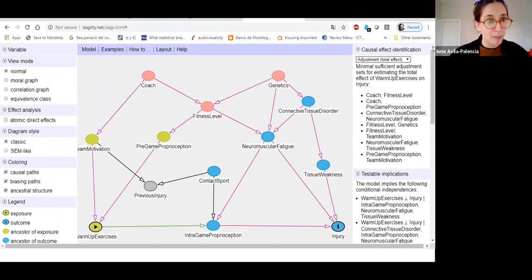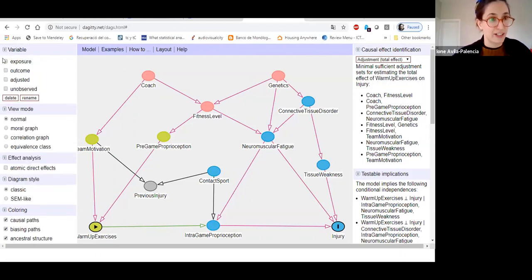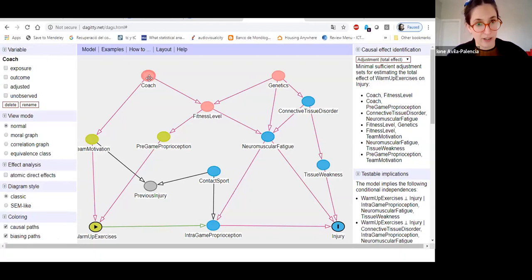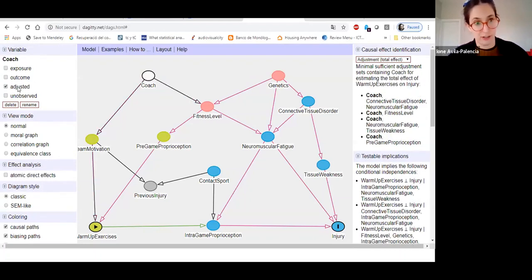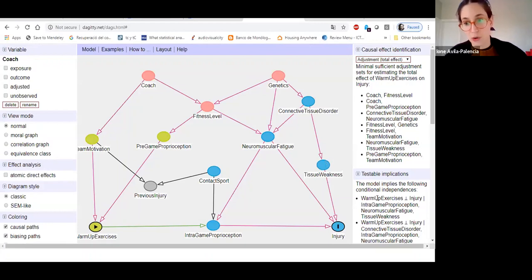And going up, also here there's a view mode. We recommend you to keep it in normal. And then here, variable gives you the option to assign variables as exposure, outcome, adjusted, or unobserved, and we will see. So for example, if I click here, I can do adjusted, okay? So going to the right side,